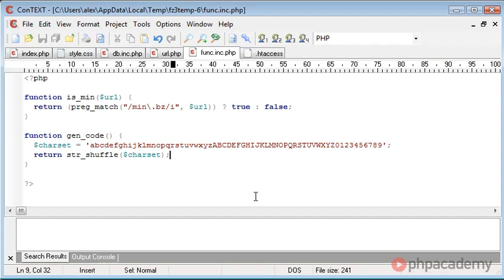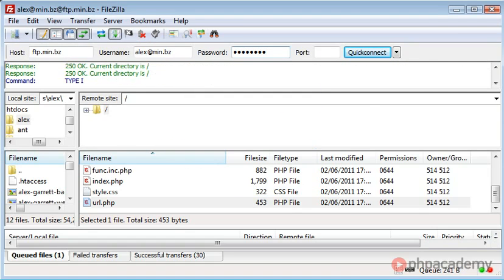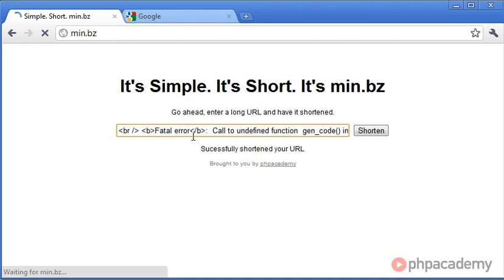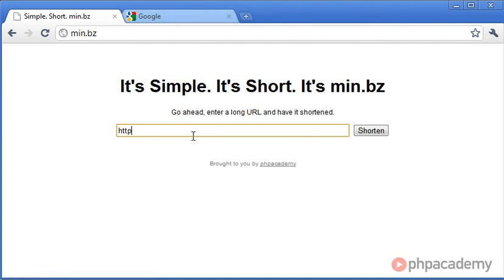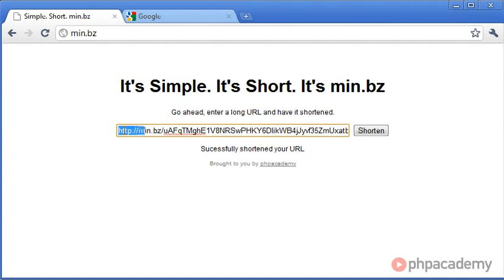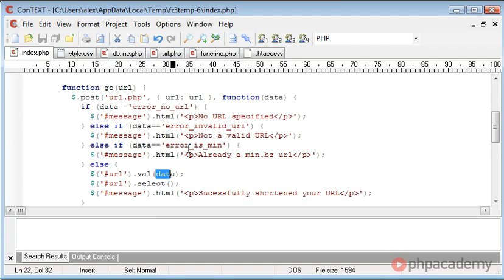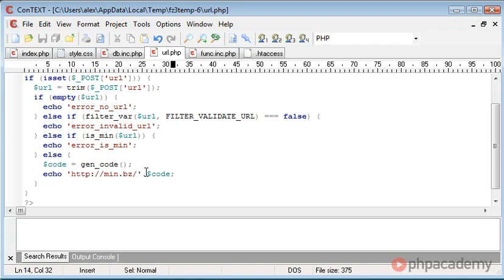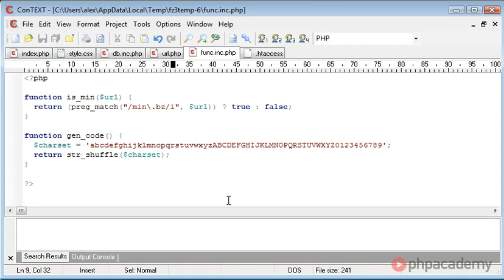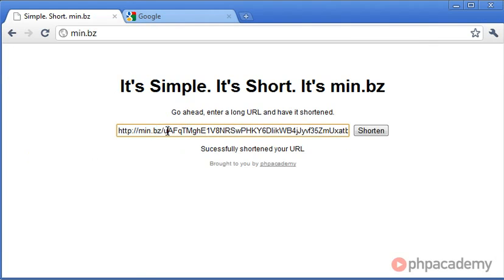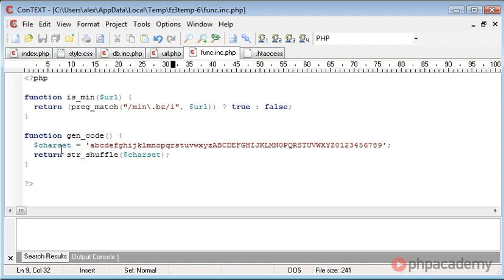Now at the moment we are just keeping the same length because we're shuffling the string. So let's have a look at that and see what that does. Okay, let's type in http://google.co.uk, press enter, and you can see that we've got http://min.bz, which we specified in our url.php here, and then our code. So we've successfully generated our code. However, it's a long code, so we need to find a way to shorten this down to 6